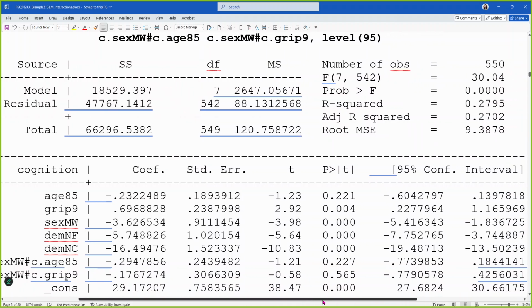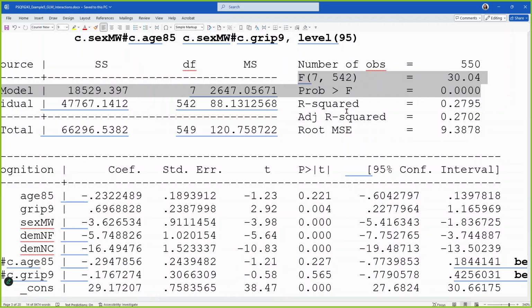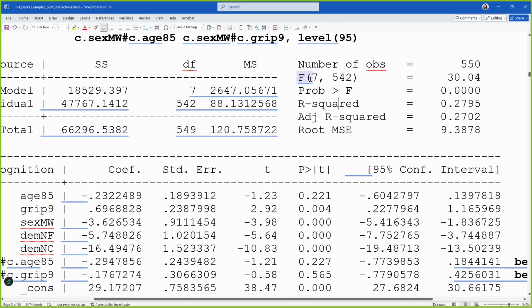Okay. So look, our model is significant. Does that mean these interactions helped? My statement is, hey, look, my model is significant. Does that mean my 2 new interactions helped it? Can I know that yet? Here's your clue. 7